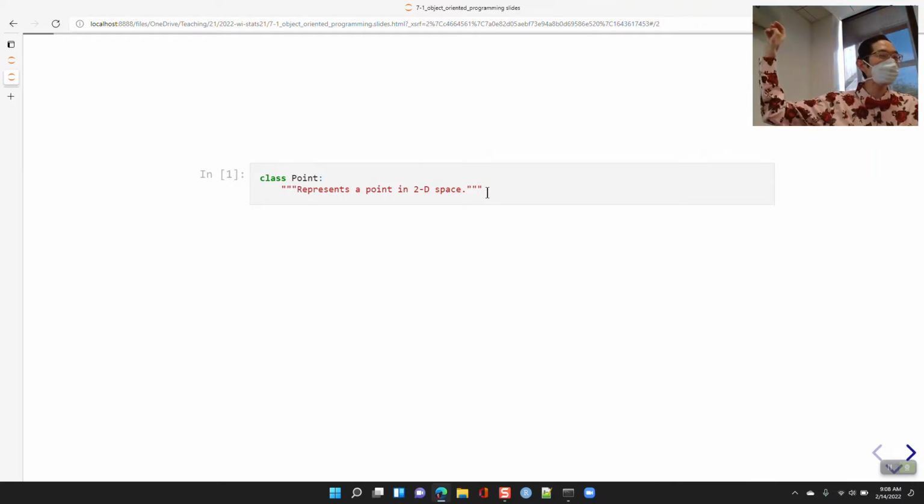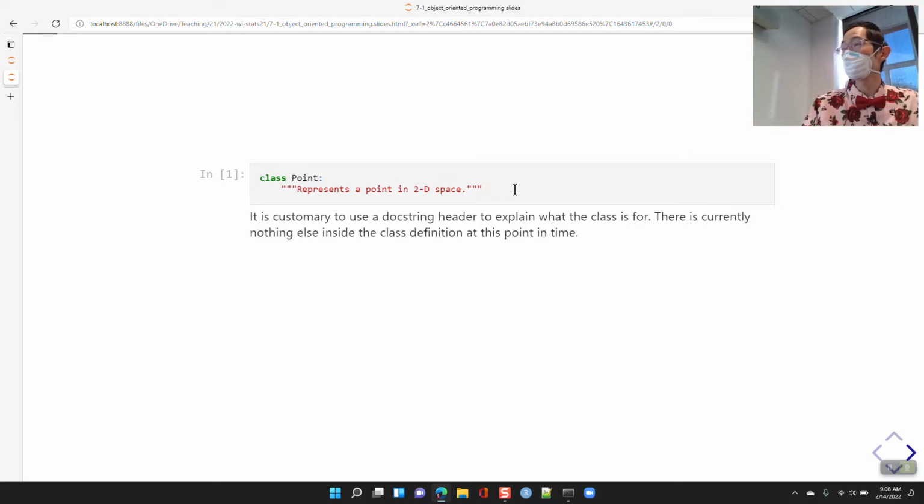Because if I do class Point colon and then hit enter and put nothing in after it, it'll throw an error. So if you put in a docstring, even though what the Point is doing hasn't been defined, this at least won't throw an error. Okay, so this is our docstring header. Right now there's nothing else, and this creates